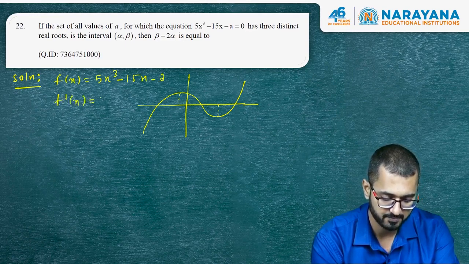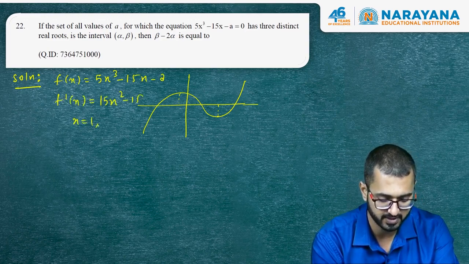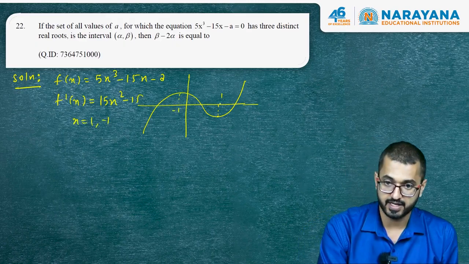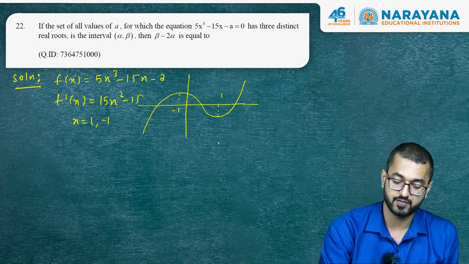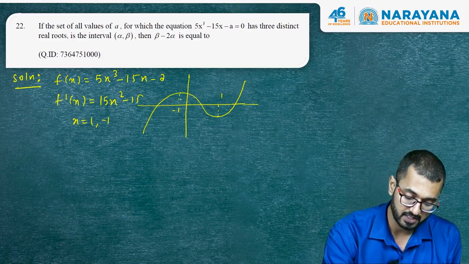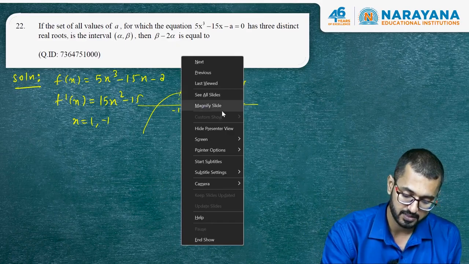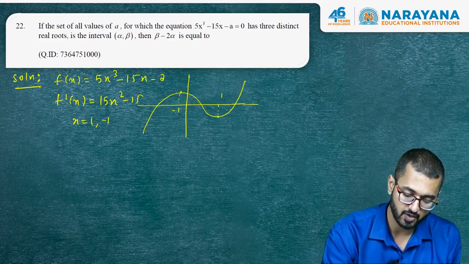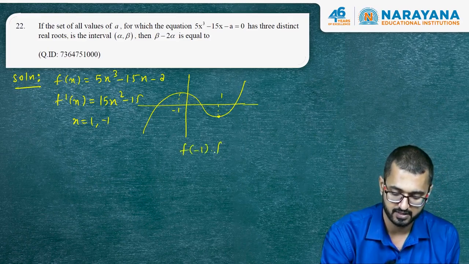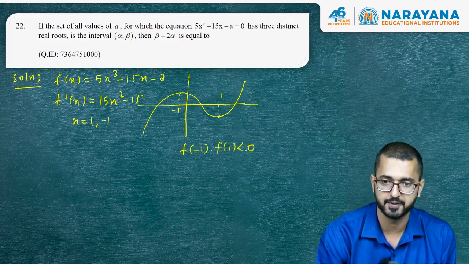So it will become 15x square minus 15. So yes, x is equal to 1 and minus 1. So now we have got minus 1 and 1, and now we want 3 distinct real roots. So for having 3 distinct real roots, what should happen? The maximum value and the minimum value must be of the opposite sign. That means I can say that f of minus 1 into f of 1 must be negative, because if they